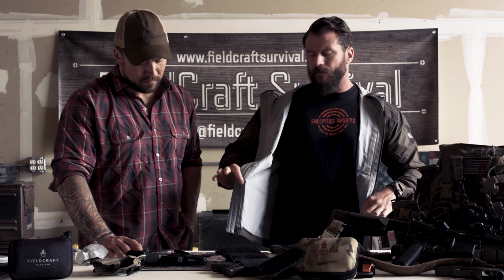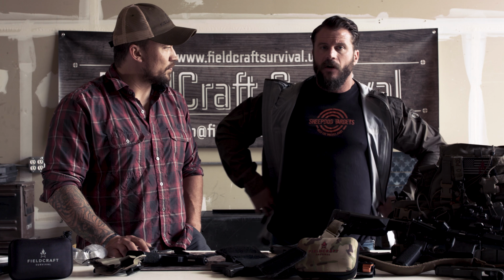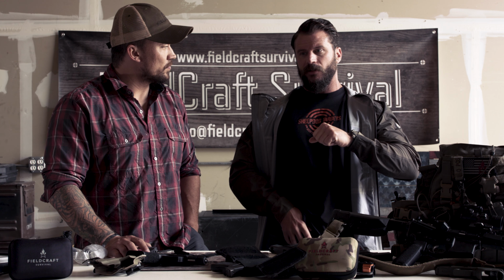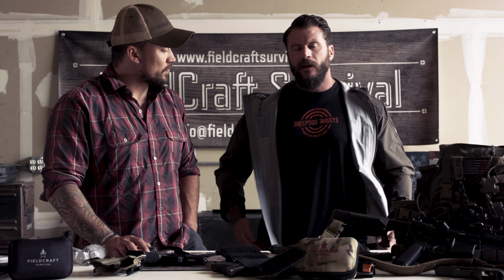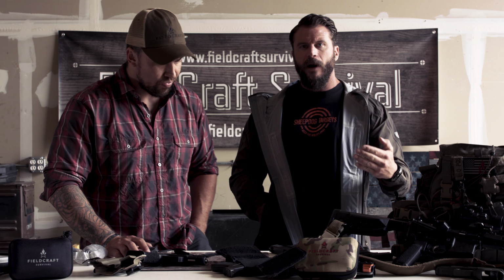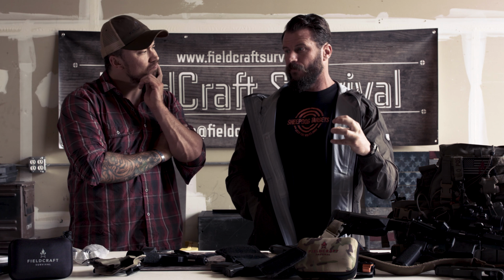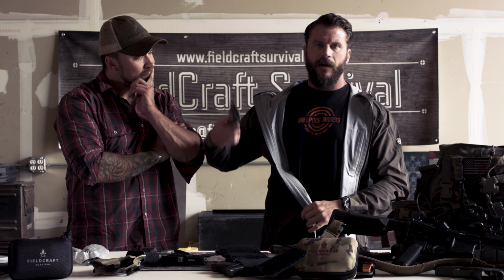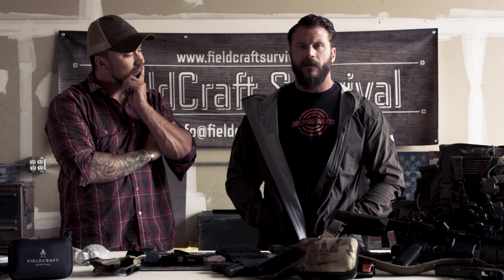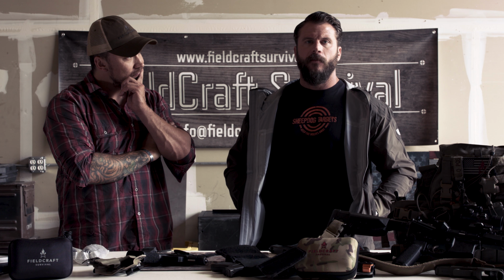So you can see it flopping back. That's okay. That's not a big deal, but having something weighted in there to clear the garment, to give me enough time to clear the t-shirt, right, to get underneath and actually draw the pistol from concealment is one of the goals that we want to go after. And again, a lot of practical things that we carry on us every day, because remember, it's got to be practical, like Mike said, reliable, repeatable. Everything that you do, you should be applying those principles to everyday carry. So, I've got my phone in there. You can have your car keys in there. It's something you carry all the time, right? We've always got our keys. We've always got our phone. And you can throw those in the jacket pocket to go ahead and clear away an outer garment from your